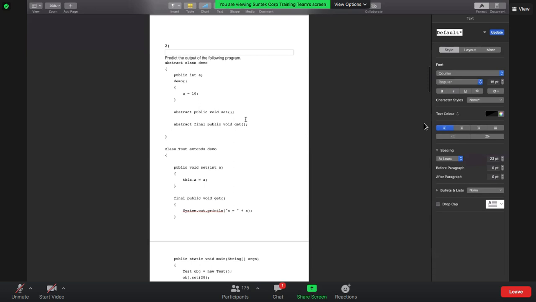Guys, be careful. Just have a look at the function names as well as the modifiers.